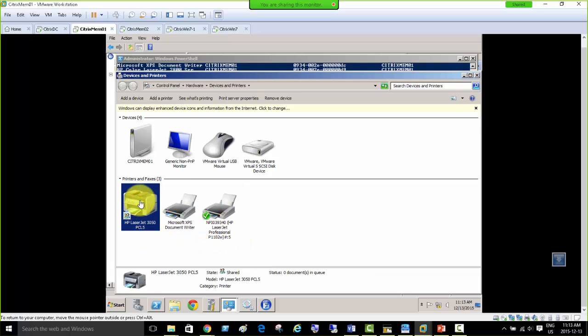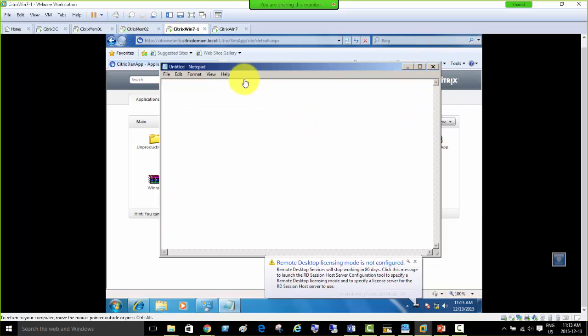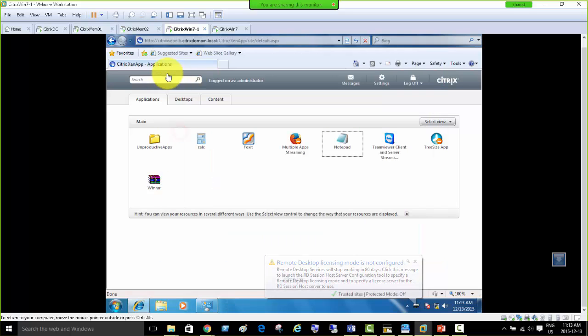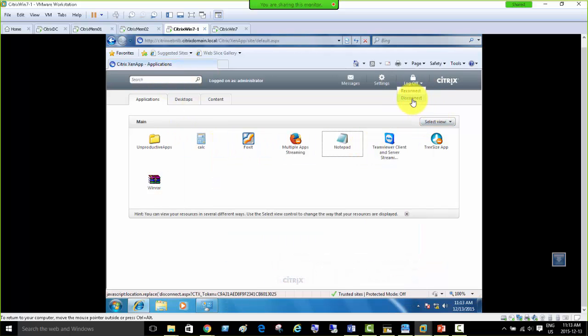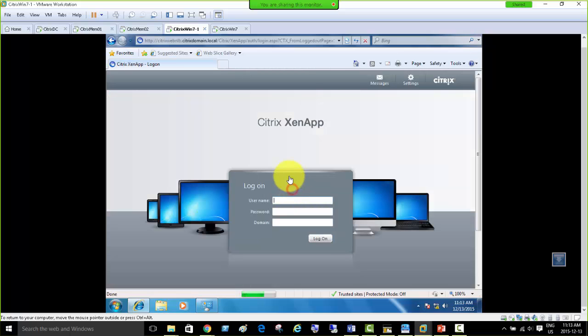But if I put this other one as the default printer instead, set as default, and the policy is still enabled, I go exit and disconnect. Oh, come on. All right, now it's going to disconnect after a delay. Administrator. So I just changed the default printer, right? So administrator,